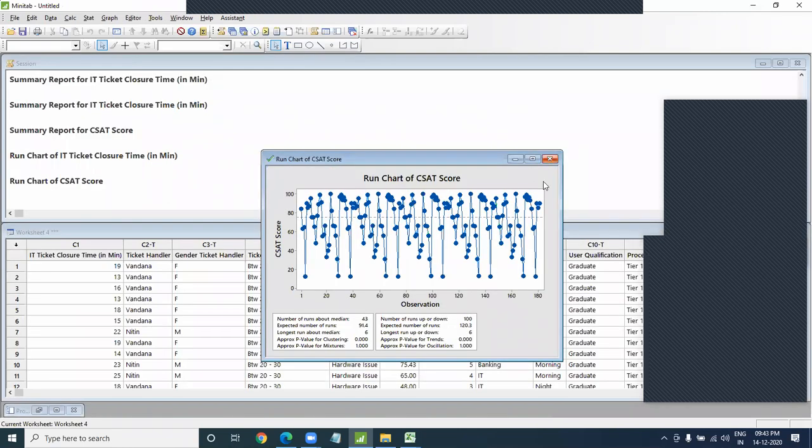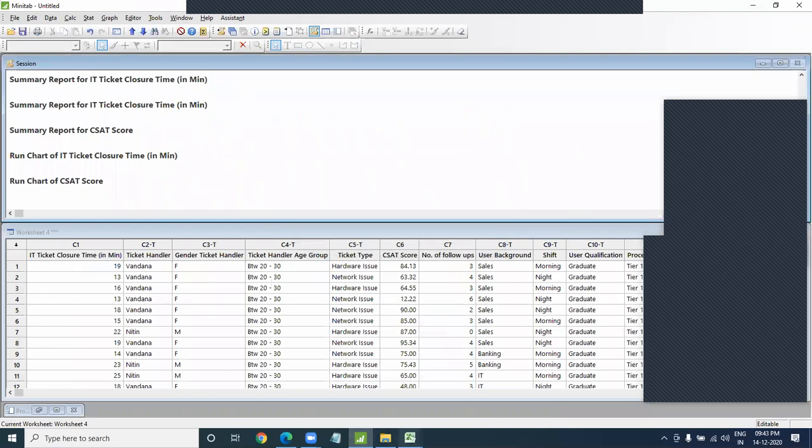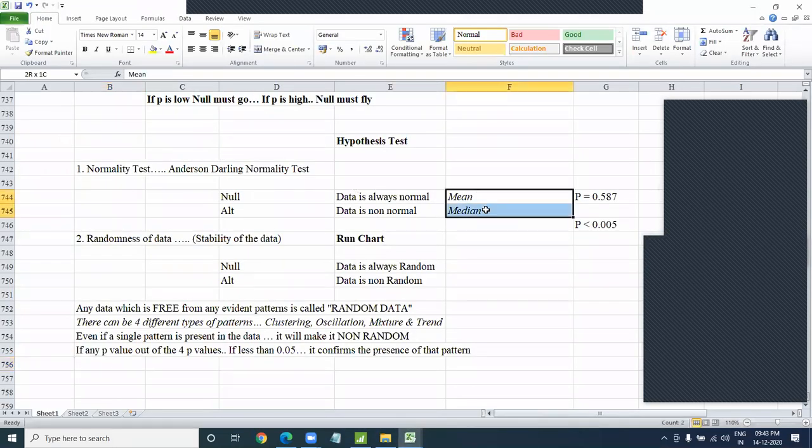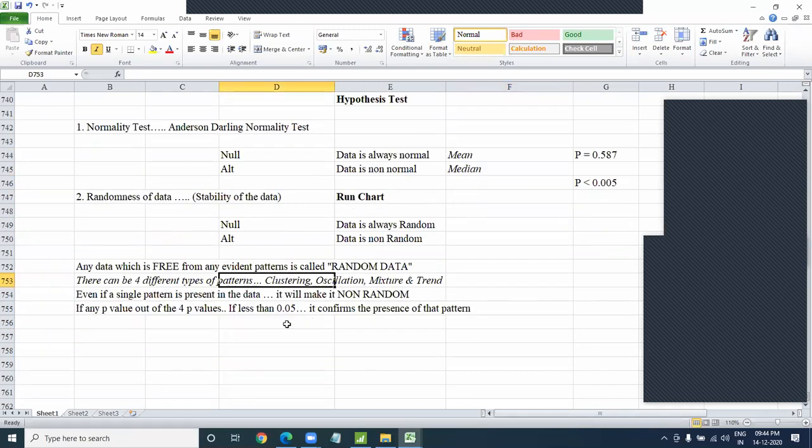Now, a basic question definitely should come to our mind. Like we know normal, non-normal, we know why we did it, mean or median. What is the purpose of this randomness? What do I do with this? If I know it's random or if I know it's non-random, what am I going to do with that? Bottom line, there is a statistical test